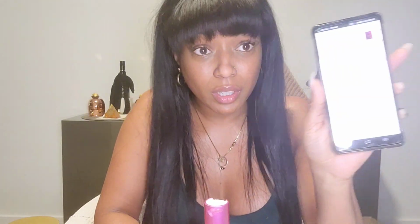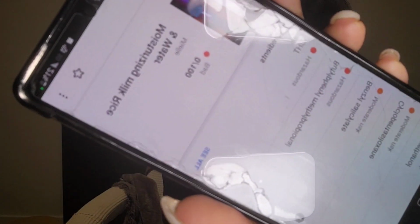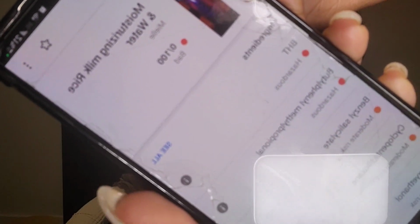Okay, then let's do the rice milk moisturizer, which is given a 0. A 0, guys. Like, I don't know if you can see that. It's all the way bad. Okay, so it's got 2 hazardous ingredients, potential endocrine disruptor and potential allergen, and a pollutant. So this is butylated